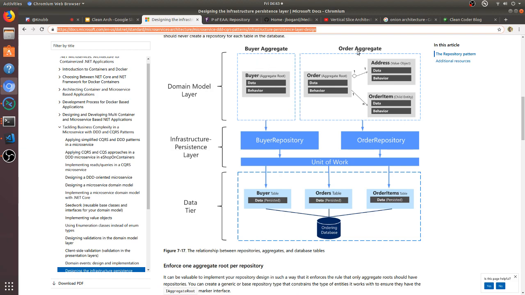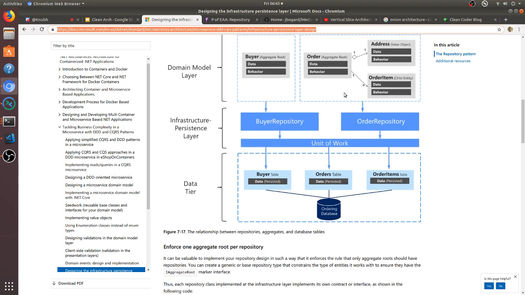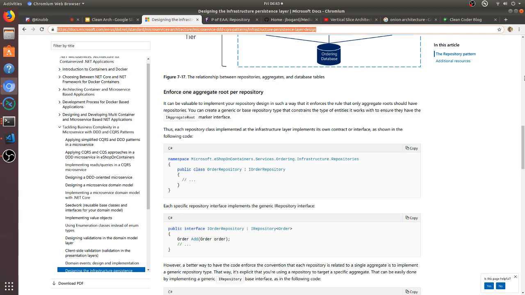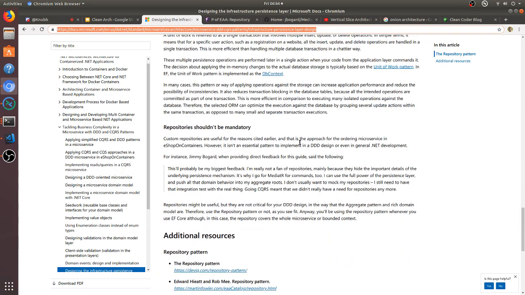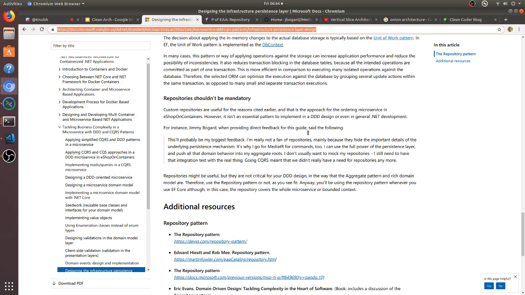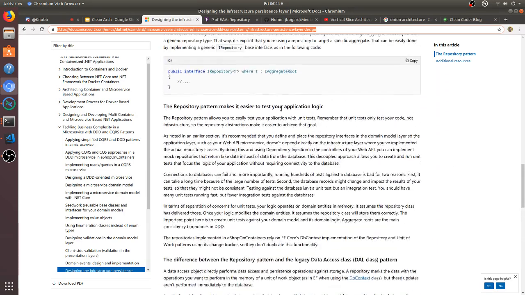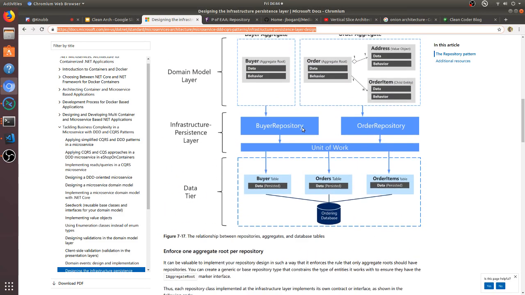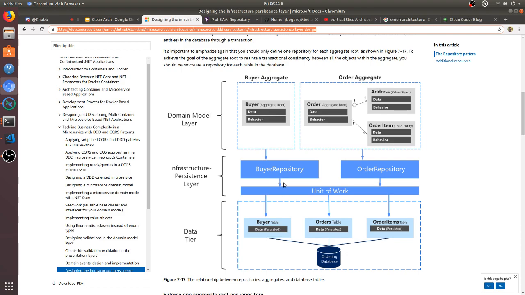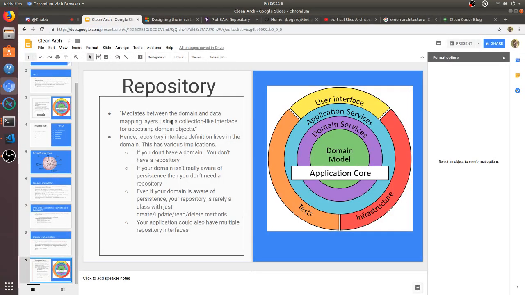itself. So you could have multiple DB contexts, and each of those has a DB set, and your DB context is your repository. So that's the way they kind of define repository, which is fine. It's different than the official definition, which is mapping between the domain, although not really. So they see the domain as the entire application in this case. And so they're just saying the repository is a way to abstract out the database. And so if that's how you see repository, that's an interesting point, so I'll follow up on that